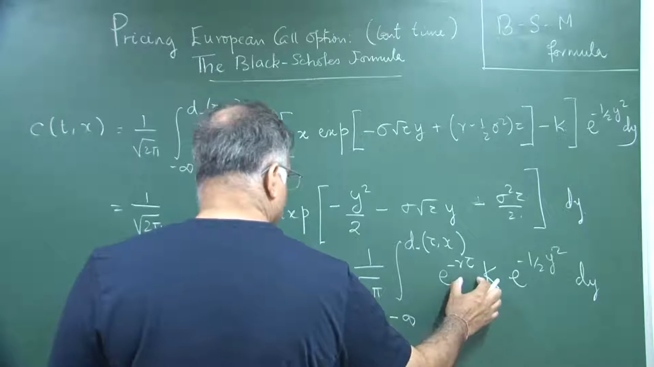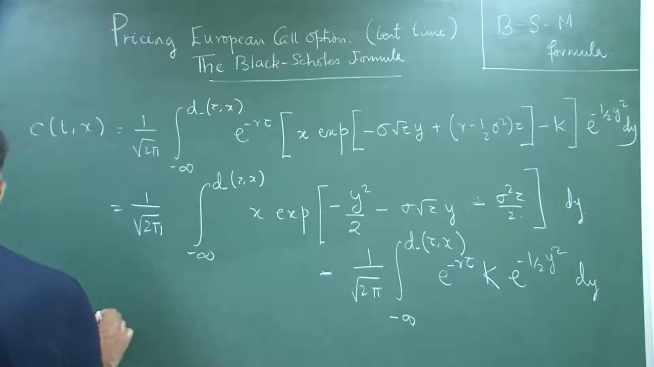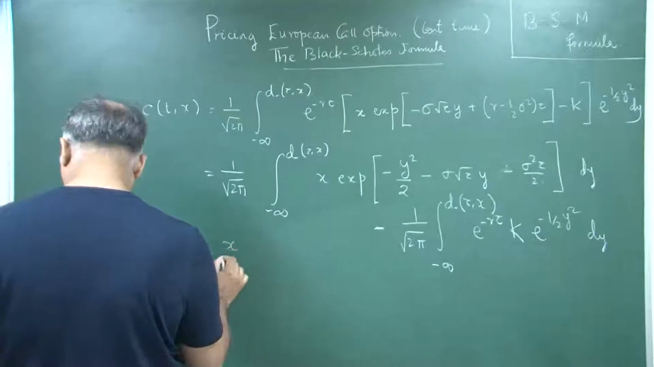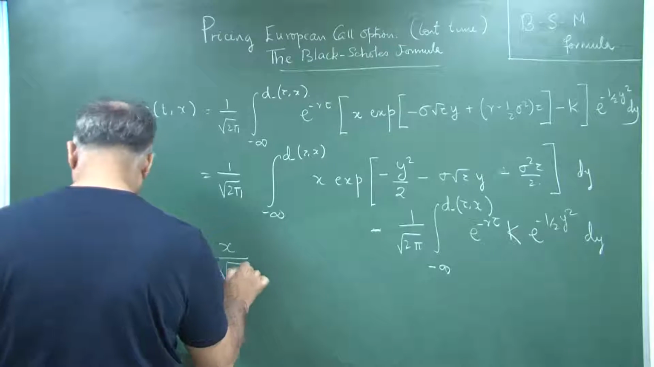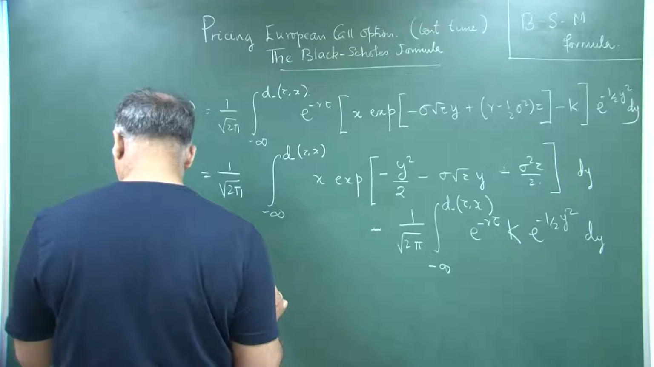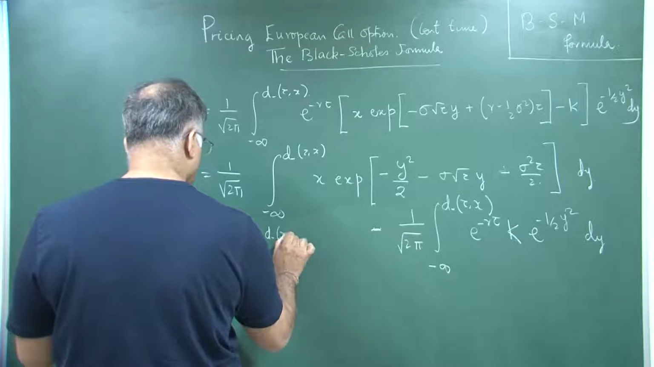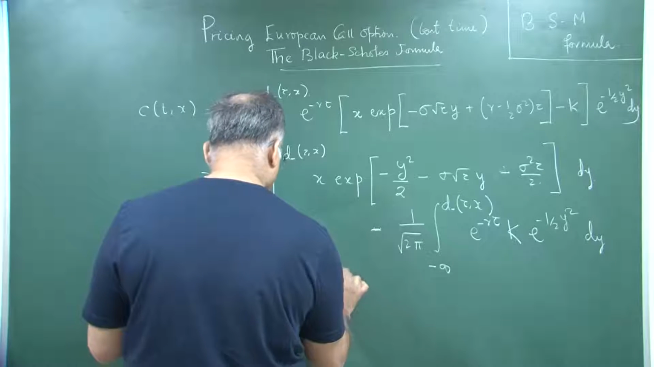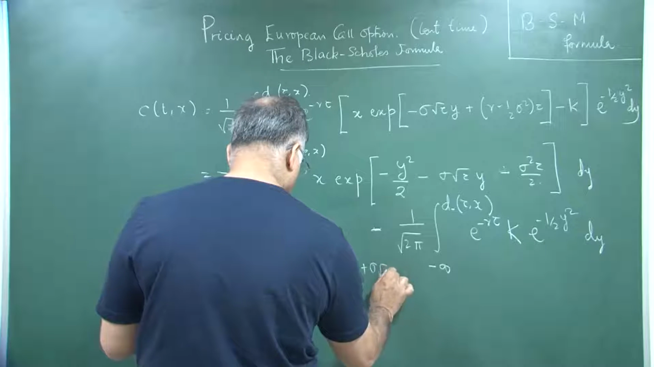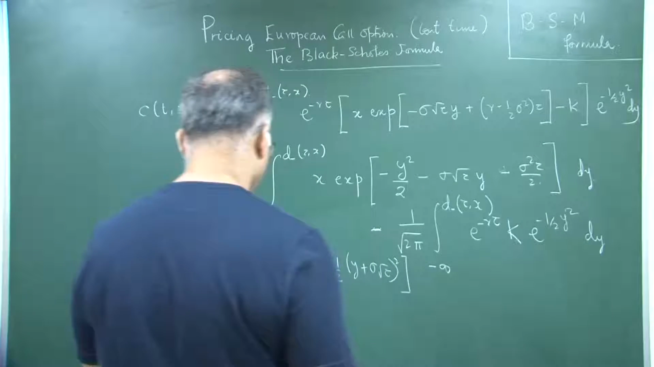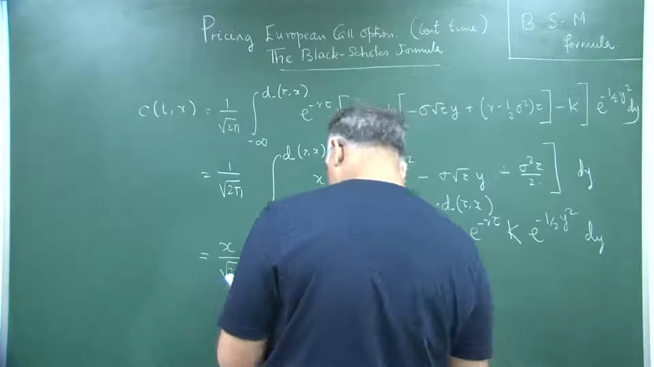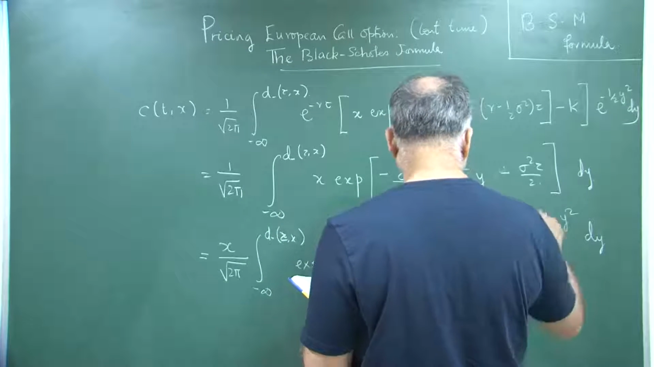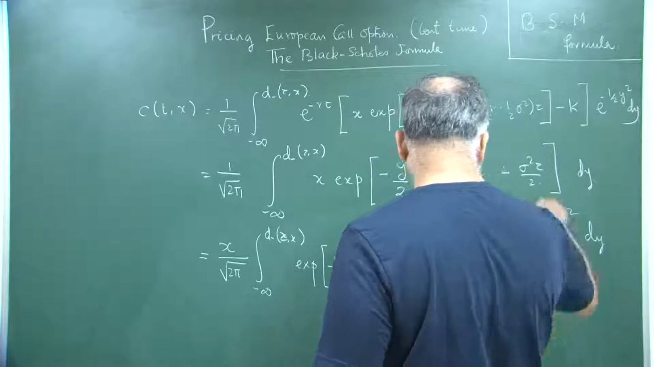Now, this thing can be taken out because this does not depend on y. So, if you do some little calculations, you will have x by root 2 pi, from minus infinity to d plus tau x, and it can be written as exponential of minus half y plus sigma root tau whole square, this whole thing dy, minus e to the power minus r tau k into minus infinity to d. So, that is 1 by root 2 pi, minus infinity to d. So, it is a distribution function,